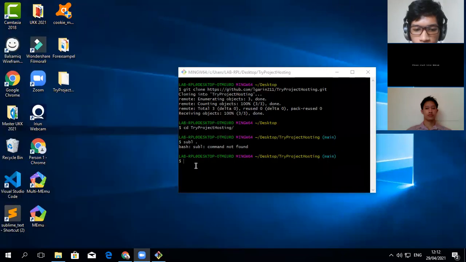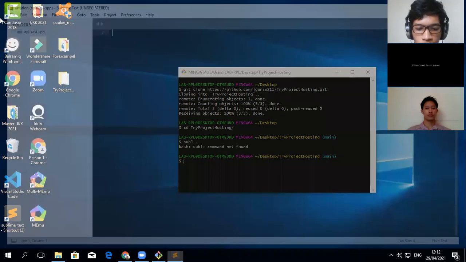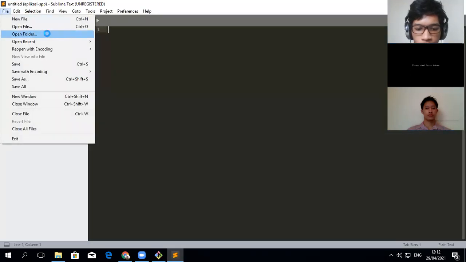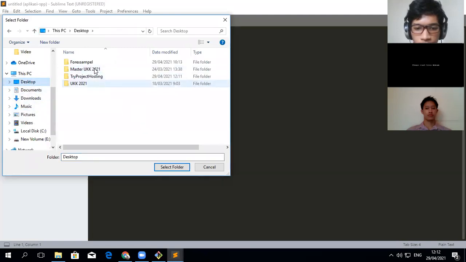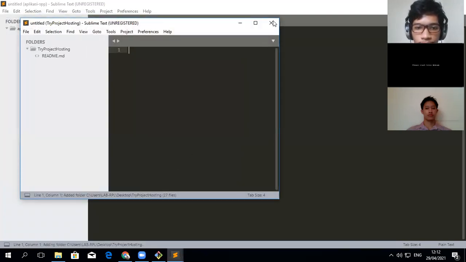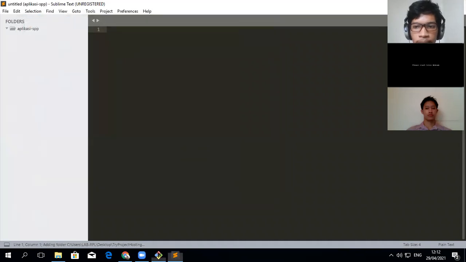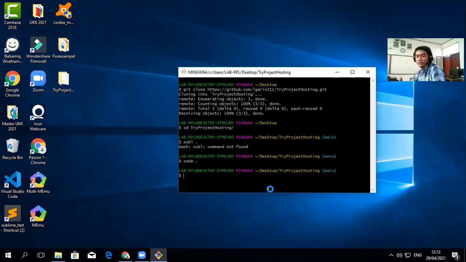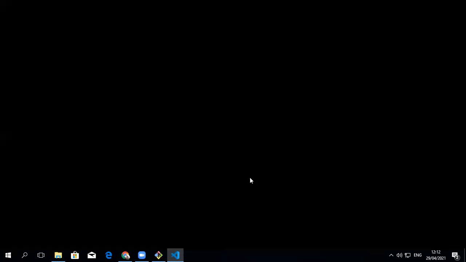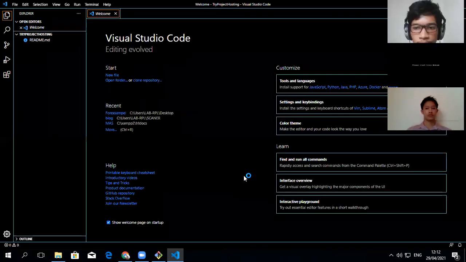If the command does not run, just manually open your project: open folder, go to desktop, try project hosting, and select. If you are not using Sublime Text, you can use Visual Studio Code with the code command. And tada, Git opens your Visual Studio Code.